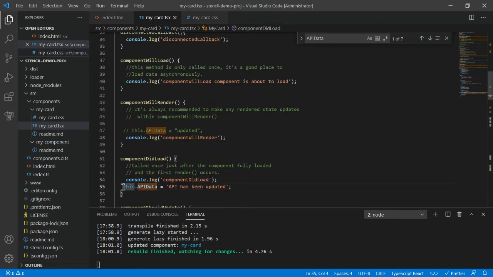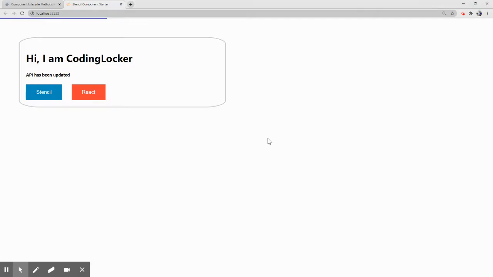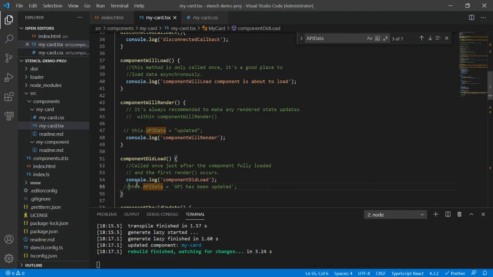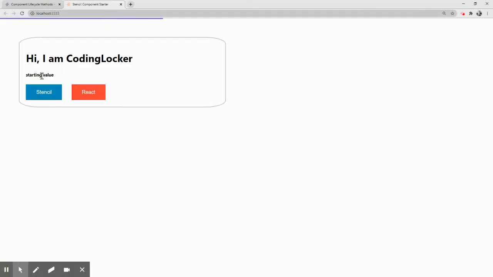I do not want to update, I just want to see my previous data. Let me refresh this. Starting value, right? Now what I want is, before my component gets loaded, to display or change the value. So see, I just refresh this and the API data has been updated, no problem.